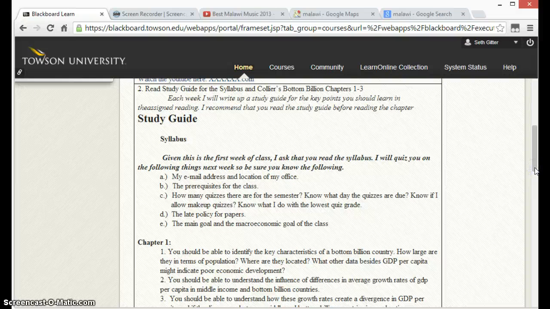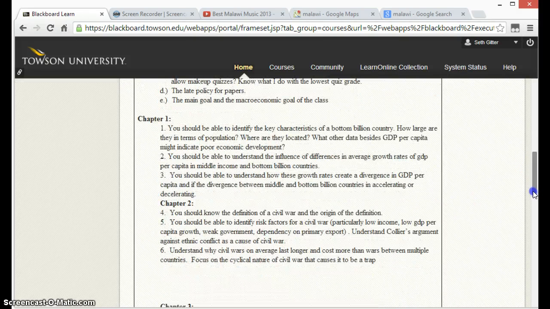All the discussions and quizzes are open notes, so what you should do is use the study guide to create a set of notes. So for example, on the quiz, this might seem a little bit obvious, but one of the quiz questions might ask you something like, what is my email address? Or what are the prerequisites for the class? Read through the syllabus and make sure that you know all the answers to the questions. I know it might seem obvious, but this will help you later when you're going through and trying to figure